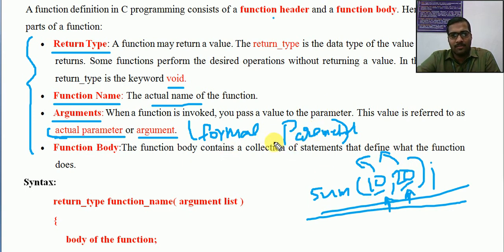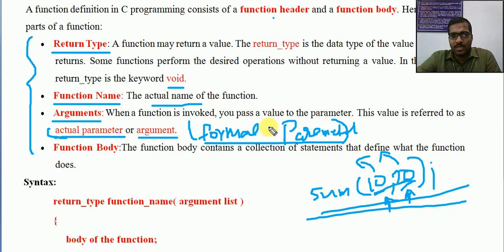In the definition we are having the formal parameter, in the call we are having the actual parameter, the exact value that is to be processed. So next time I will be using sum of 30, 40. The value varies. That is why in the function definition we are using a formal parameter, because each time the function is called, these values may vary.